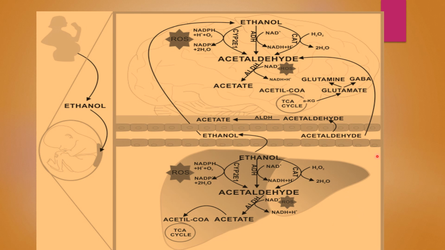So pyruvate is the end product of glycolysis, and through the normal route, under aerobic conditions, pyruvate is favored to be converted to acetyl coenzyme A so that it participates in the Krebs cycle. But if there is an abnormal ratio of NADH to NAD, it favors the conversion to lactate, lactic acid, leading to lactic acidosis. A huge amount of lactic acid is transferred to the blood, and deficiency of pyruvate